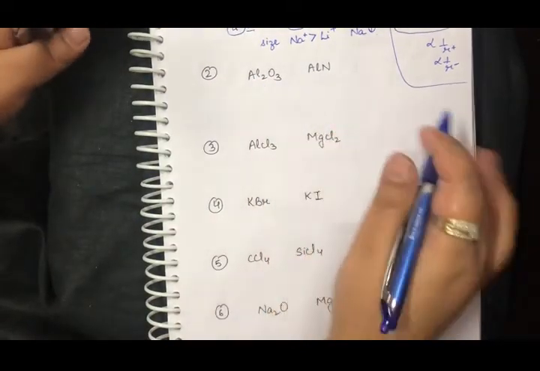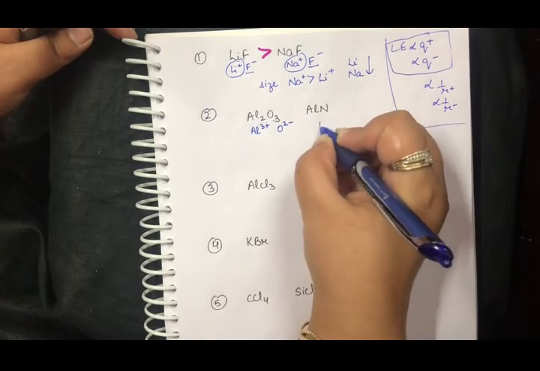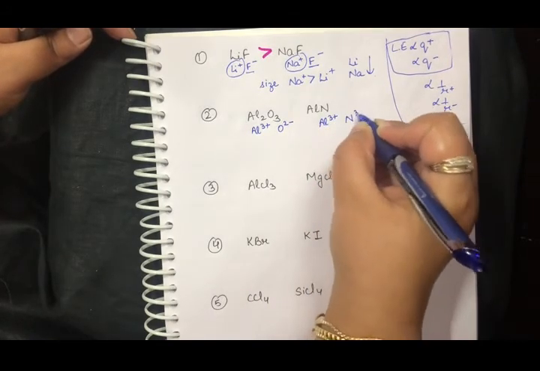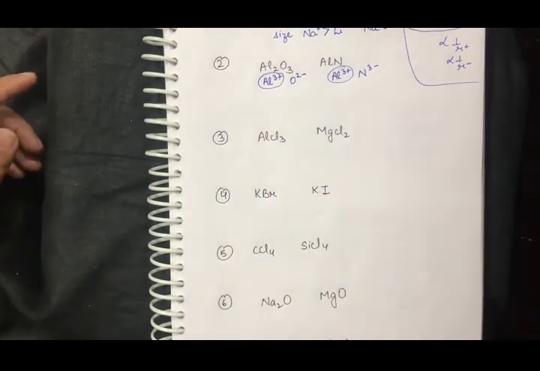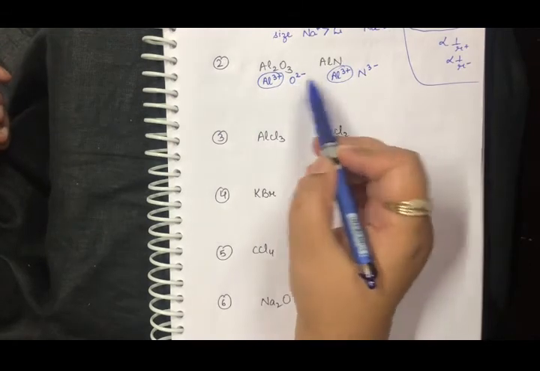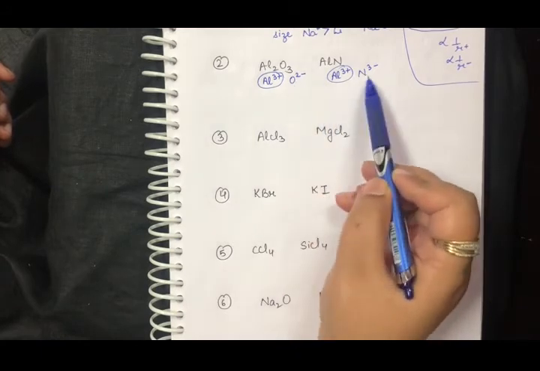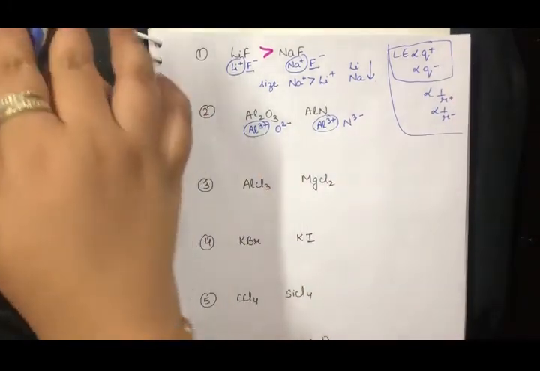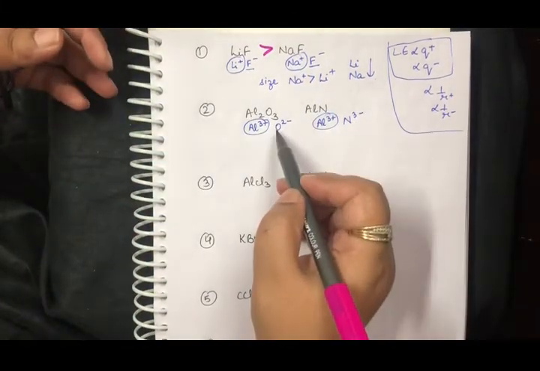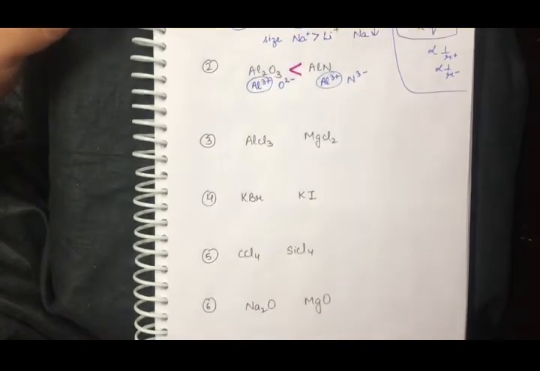Now let's talk about the next one. Here I have the cation same. Let me write down the cation and anion here. It is going to be Al3+ and O2-, and here it is Al3+ and N3-, right? So what am I going to ignore? I am going to ignore Al3+, because it is common in both. Now I have the anions, and first I will look at the charge. Which of them has the higher charge? This one. And we know that charge is directly proportional to the lattice enthalpy. This one has 3 minus and this one has 2 minus, so this is of higher charge, and I will say the lattice enthalpy is higher for aluminium nitride.